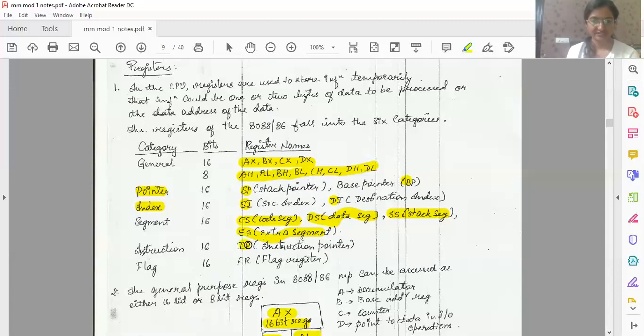Now we have the instruction pointer, IP. This instruction pointer is used to store the offset address of a particular memory location. So the instruction pointer is used to store the offset address of a particular instruction. Then you have the flag register. We will be studying the flag register entirely as a different topic